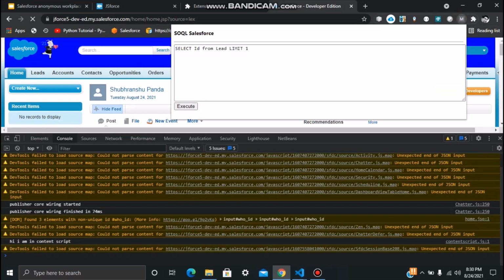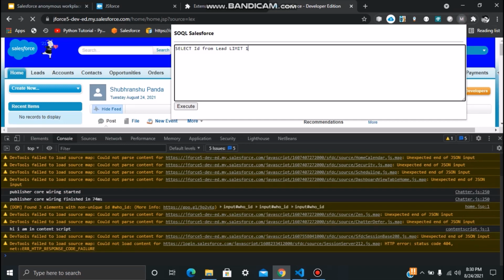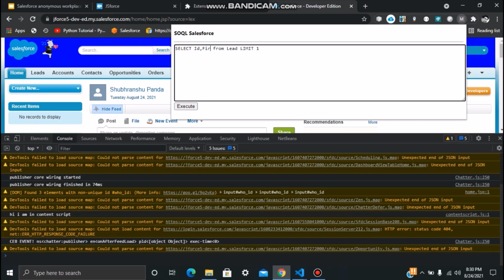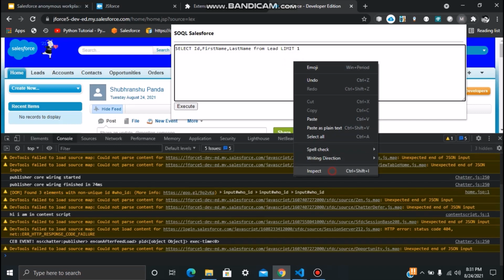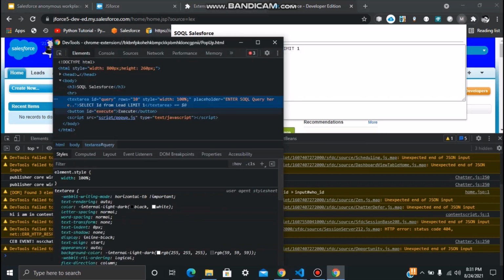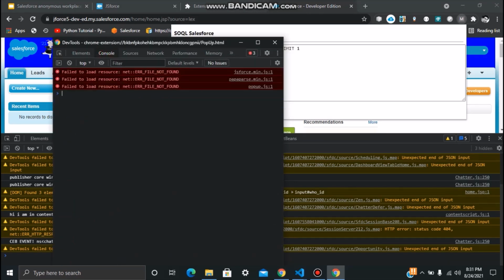Now check with your select ID. Let's try some modification with your query. Let's try adding first name into this code. And the most important thing, you can check the logs here also. You just inspect, and when you click on execute method, okay, just a minute, it is showing that JSForce window is not there.